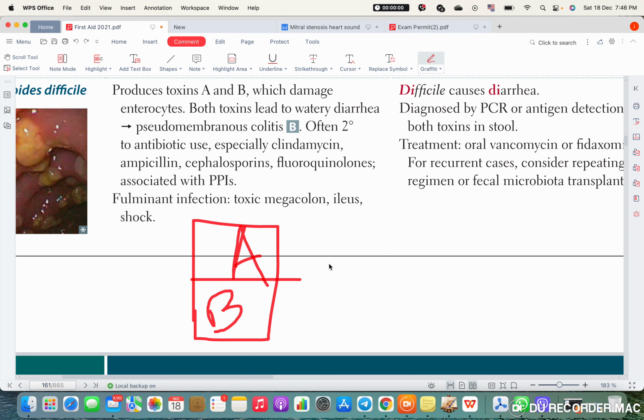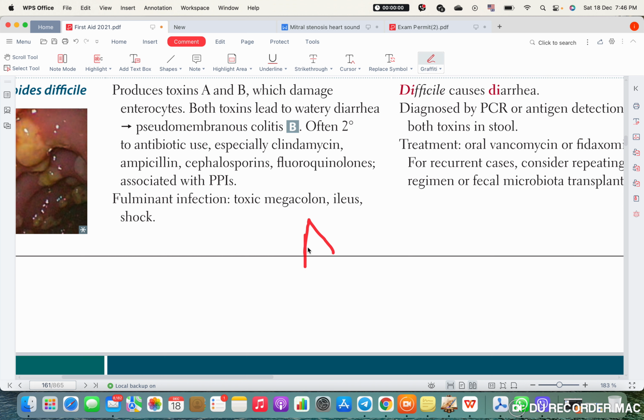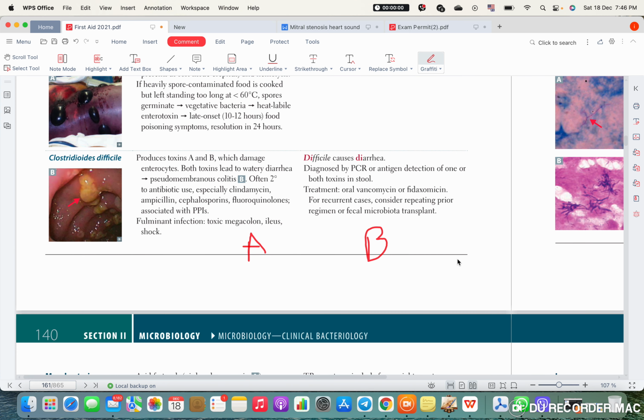Wait. Oh, no, I confabulated. Wait a second. Toxin A and toxin B. Oh, I've confabulated big time. Okay, so toxin B acts at the cytoskeleton, to be more exact, at the actin filament, which it destroys. Yeah? What about toxin A? What is the function of toxin A in case of Clostridium difficile? Yep, it goes to the brush borders. Absolutely correct. And that destruction will lead to diarrhea, because you cannot reabsorb anymore.